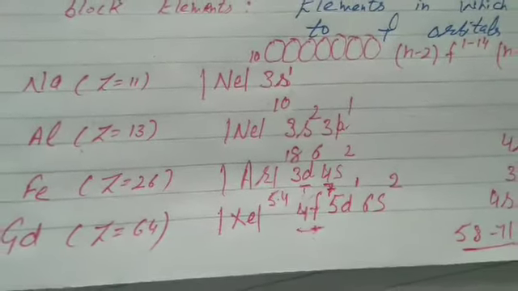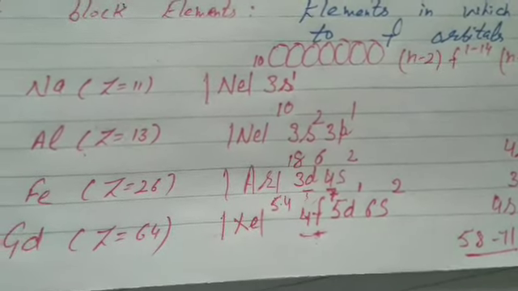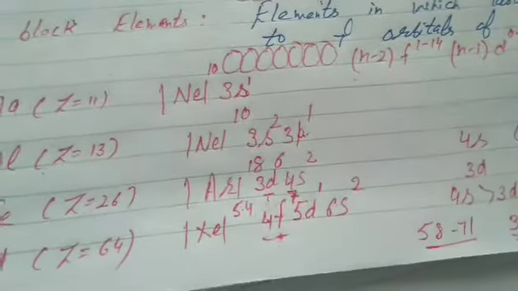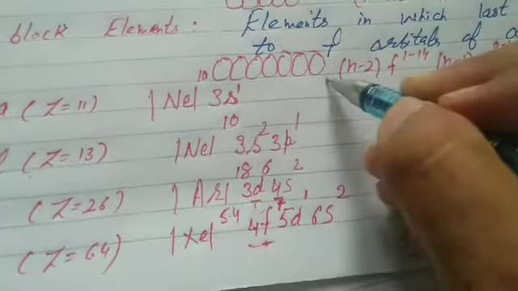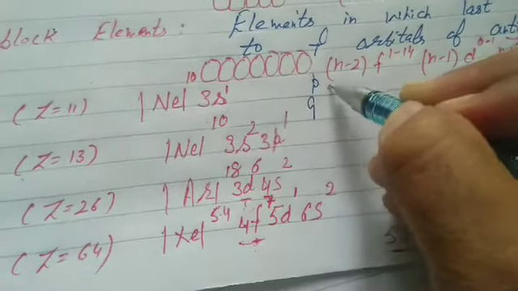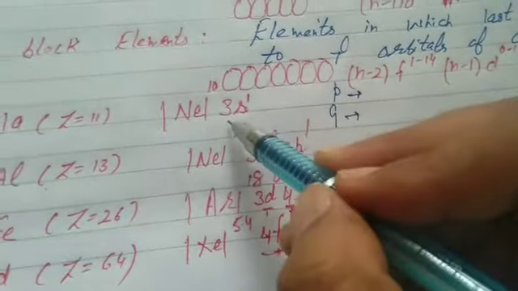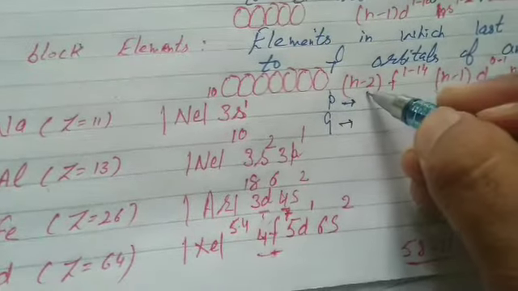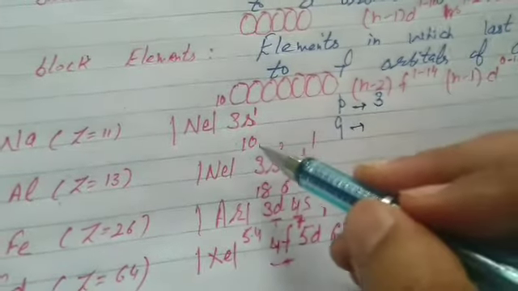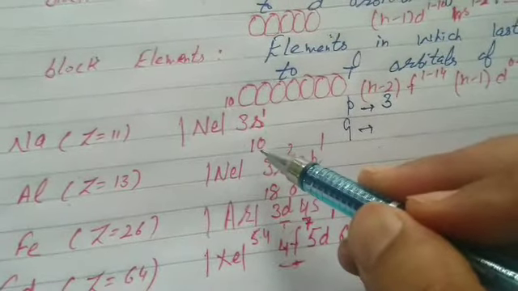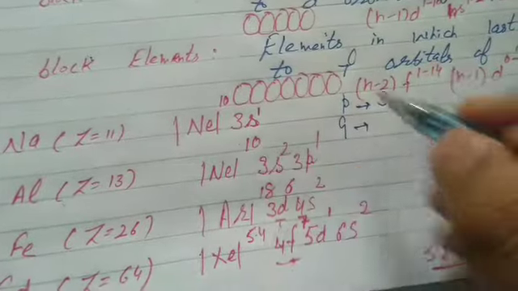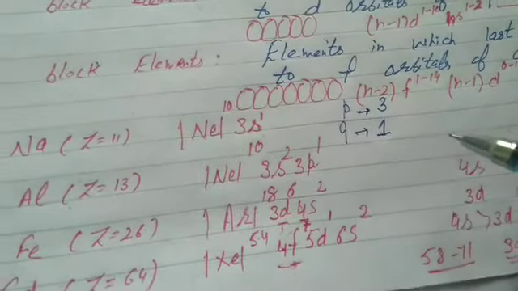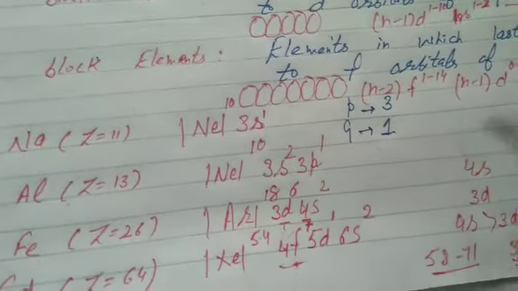Within 1 minute you can answer to which group it belongs, to which period it belongs, and how many unpaired electrons it possesses. Students, please answer: period and group for sodium. You know the configuration of sodium. Now which is the valence shell? N is 3 for valence shell. It belongs to third period. To which group does it belong? What trick did I tell you? For S block, group is the number of S electrons. How many S electrons are there? 1. It means it belongs to first group. It takes only 10 seconds and we answer.